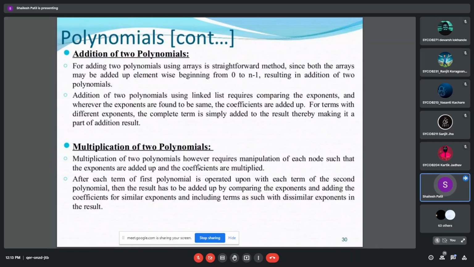For multiplication of 2 polynomials, however, it requires manipulation of each node such that the exponents are added up and coefficients are multiplied. So in case of array, what will happen? Suppose there is 2 and 3, so it should be 6. That multiplication should be done, and we have to find out whether the array size is 6, and we have to keep it over there. But in multiplication of polynomial, it's very simple with a single linked list, because only a new node is created with the same exponent.